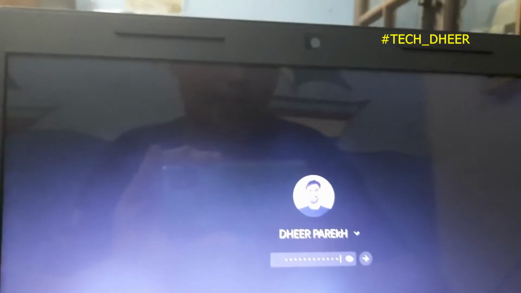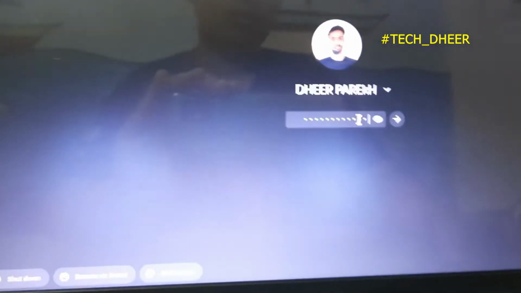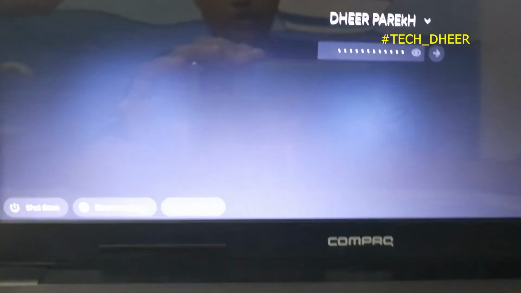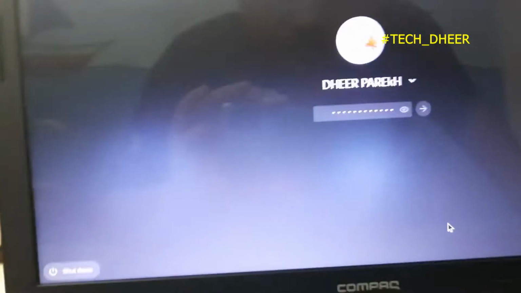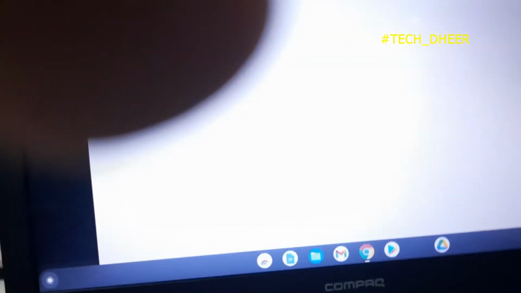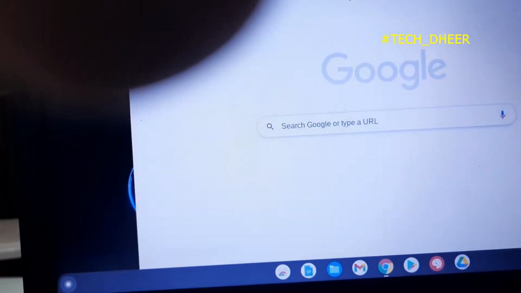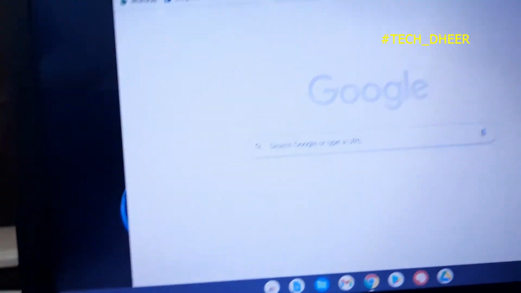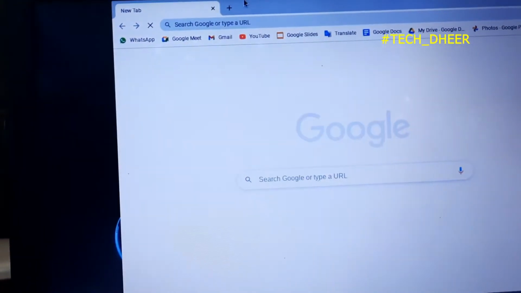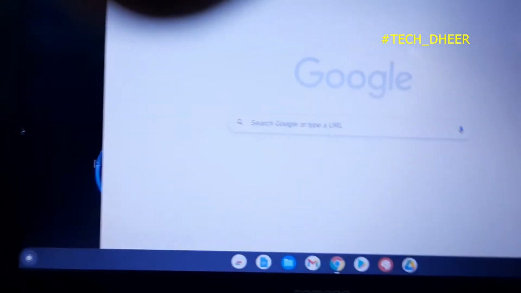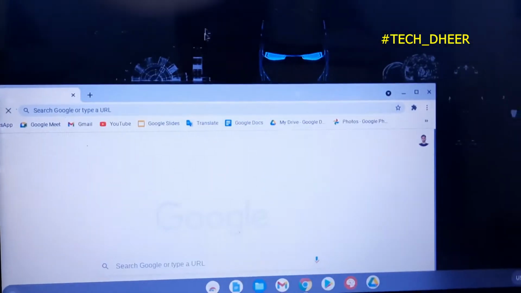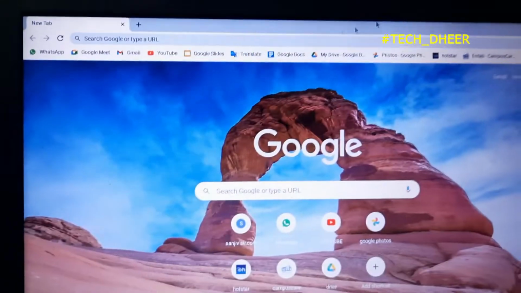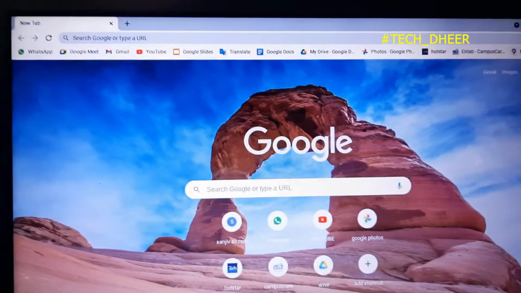It's a long password. Okay, and you can just sign in back to your Chromebook. It should take some time because it's an old laptop. So I am back into my Chromebook. It will open all the Google Chrome, and the best feature out here is it's a bit laggy because it's an Intel Pentium processor. I'll show you the specs also. I have shown you in the last video, but in this video I'll show you.